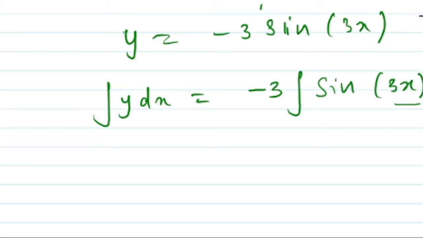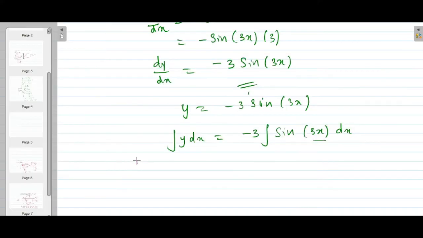but we have the reverse chain rule. Reverse chain rule says that when you are in such a situation where you want to integrate a complex combination like this, the function of the sine function has its differentiated value here along with the sine, as the coefficient of the sine. So what is the differentiation of 3x? 3. So we got 3 here, so I can directly write this as